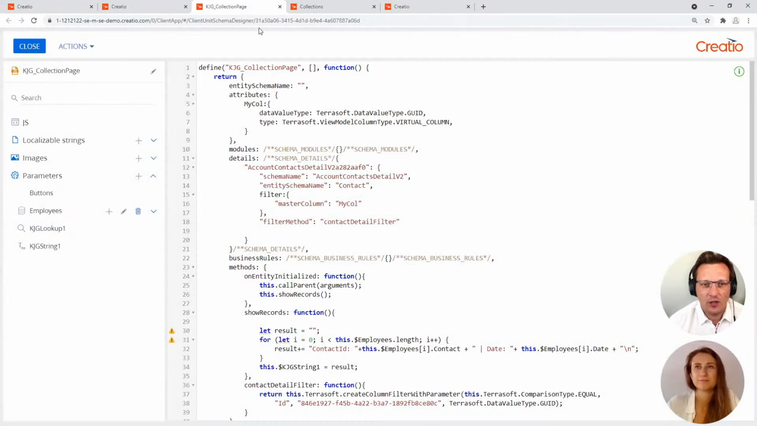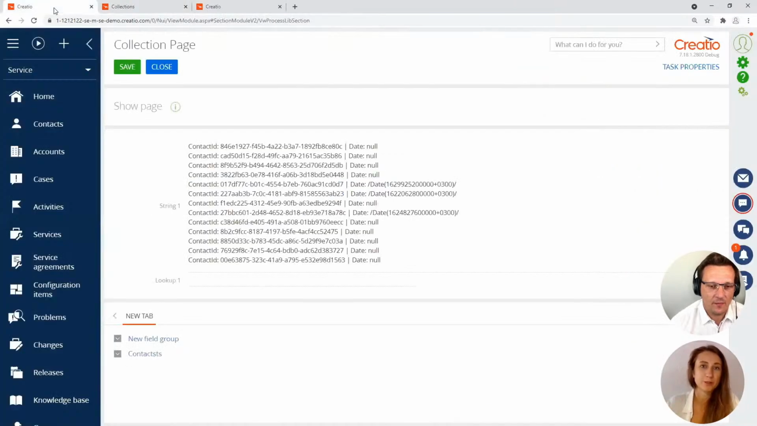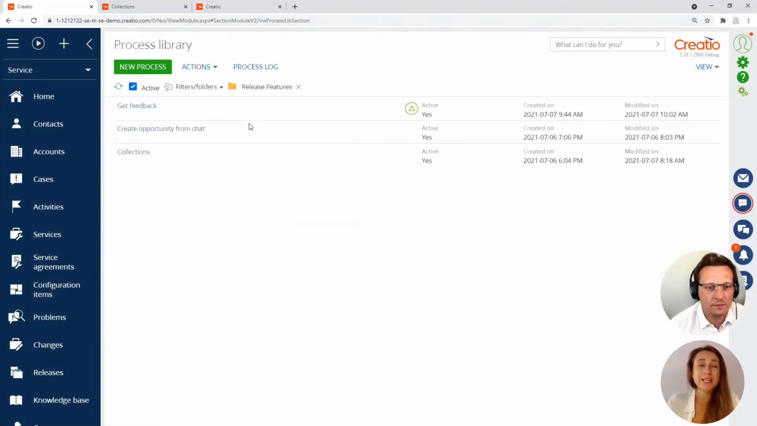And I think you have a business process you would like to share with us. Yeah, I would like to show a process which is a little bit more, I guess, citizen developer friendly. We have added something to user actions. So let me jump into the process library. I'm going to quickly show you the process diagram,